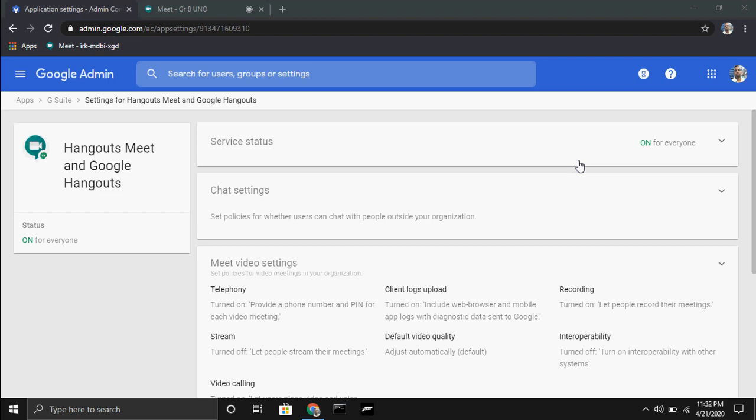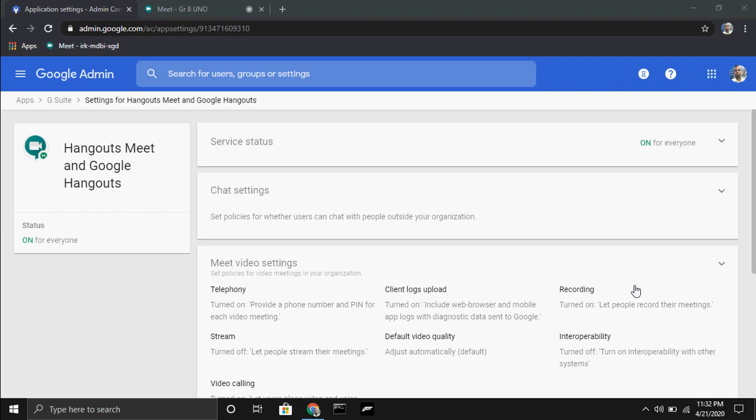When you enable this service for your school, then anyone can record the meeting or class, and that recording option will be available for your staff. In this scenario, if students have these rights, then they can play with your controls. They can stop your lecture recordings and record their naughty actions in the meeting. So I think it should be off for the students. We will see how we will do this.